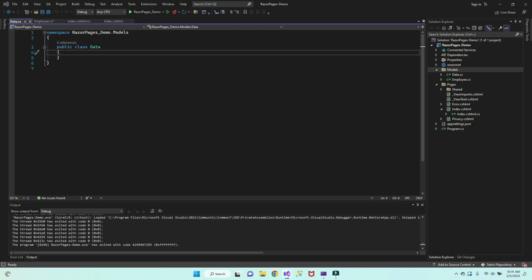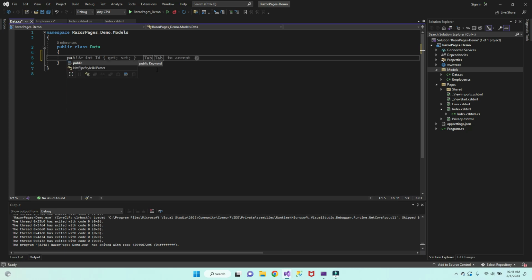Now for this class, it's important that you take note of what I'm doing here. So we have a public class, and I'm going to be doing a list of employees here. I already created an employee class. So we're going to do public, and I'm going to make it static, because static means you don't have to make a new instance of it for you to be able to use it. So this static keyword means we don't need to make a new instance of it. So it's a static list